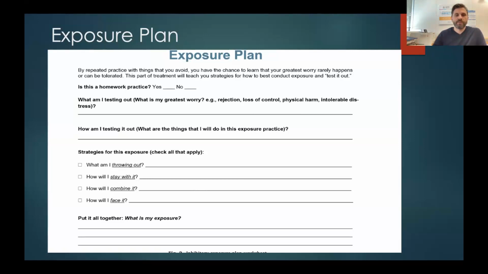How are they doing it? These are things that we use to describe some of the processes that we're trying to target. And I didn't talk about all of them today. So throwing out are the safety signals we want to throw out. One of the things I didn't talk about, which is important, is staying with it, or what is known as